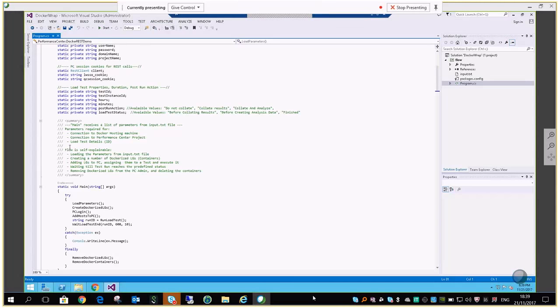As we see, our main function contains several functions. It's something that presents a flow. As I mentioned before, we need to load several parameters. We are going to review them. Then we are going to create Dockerized load generators, log into PC, add those Dockerized load generators to the Performance Center, execute a load test,